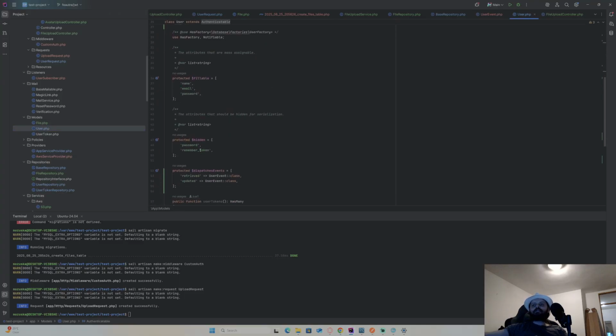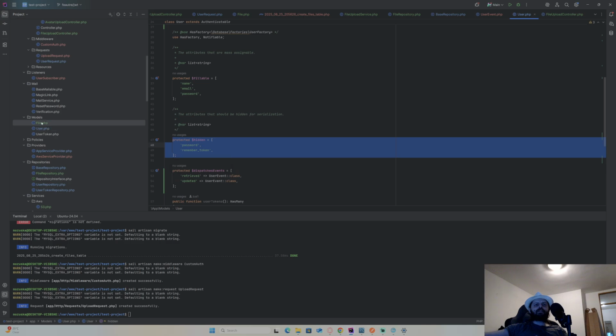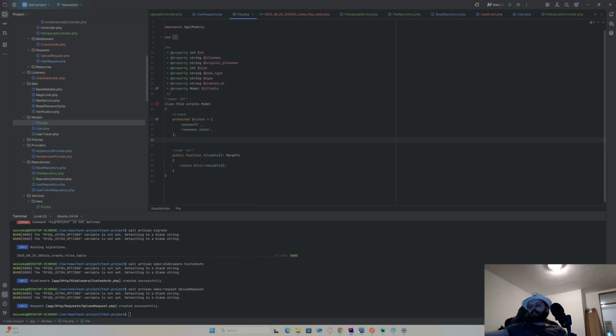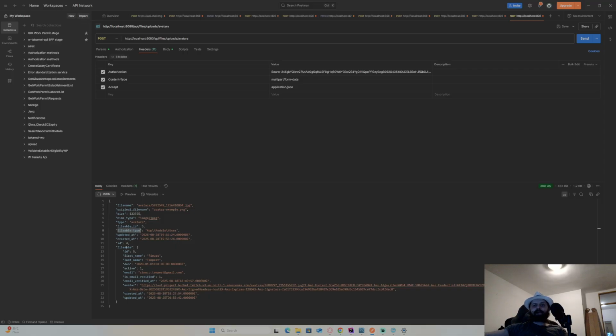Hidden, right? So it's protected, hidden. Okay, let's just copy paste it here and go back to my file, and this is going to be hidden. And now I'm going to hide definitely fileable and file type. I think I can handle these two differently, but I'll just put them into hidden also. It's protected, created at is going to be hidden.